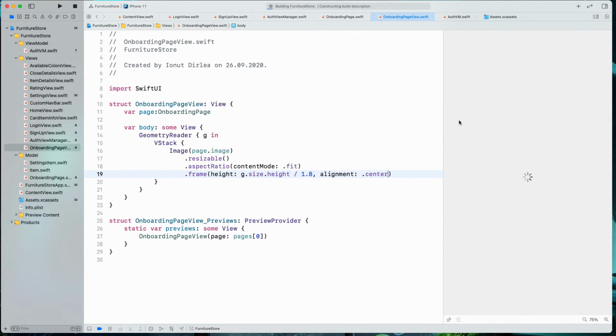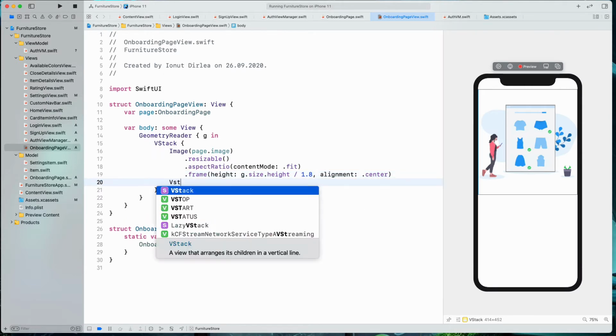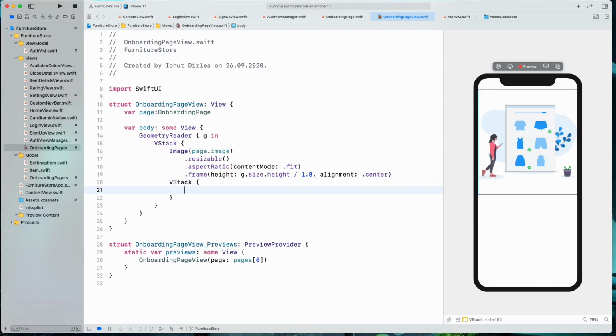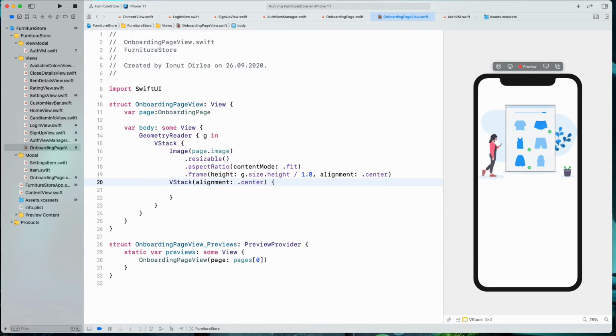Okay, let's hit the resume button to see if the image is visible. Yes, it is. Now let's use another VStack, and for this VStack, let's say the alignment is center